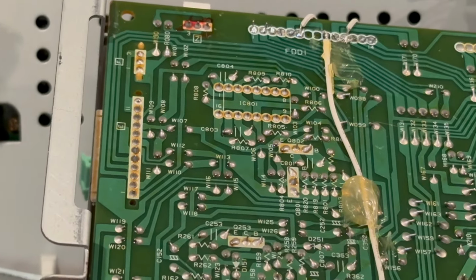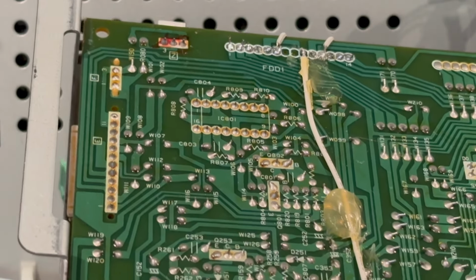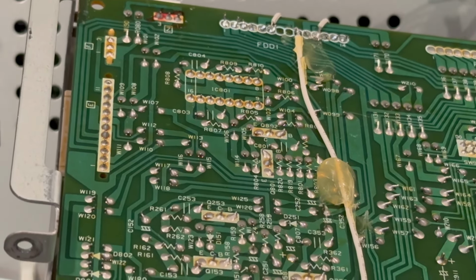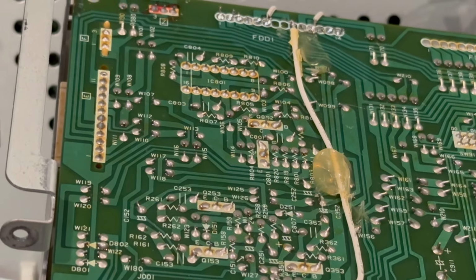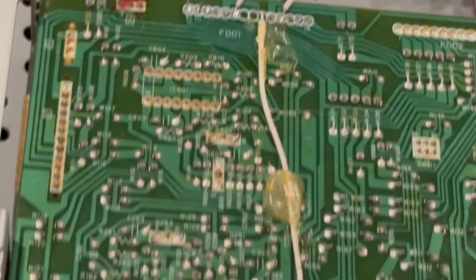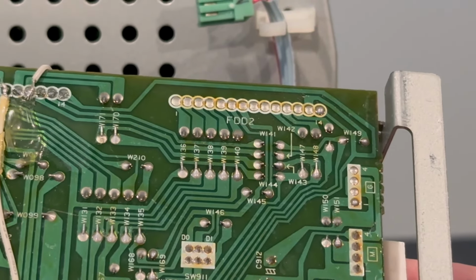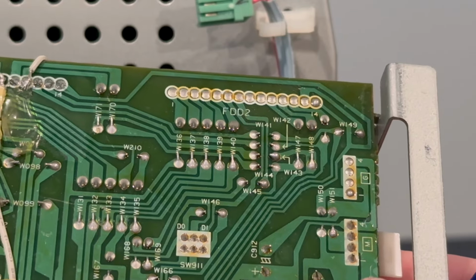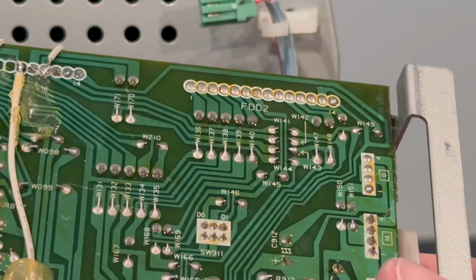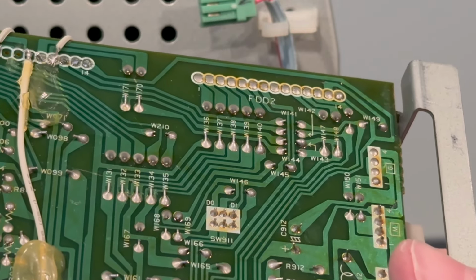All right. As you can see, FDD1. What would that mean? I would suggest that means floppy disk drive 1. Or maybe funky display doohickey 1? I don't know. Floppy disk drive 1. But even cooler, and this is what I was mentioning earlier, over here are a set of pads saying FDD2. Cool, isn't it? I thought that was cool. And you know, if you think I've already pinned the whole thing out, but if you think that I should possibly